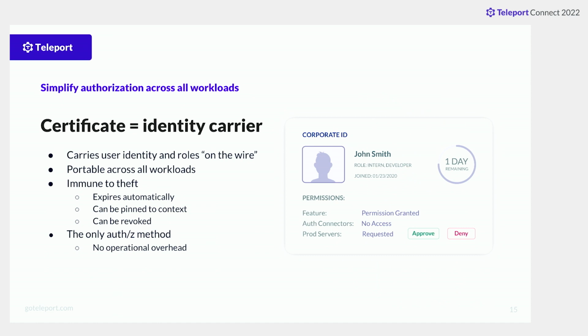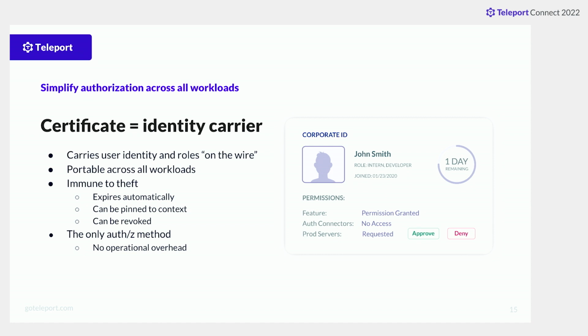So the question then, if you're getting rid of all the secrets and you're using physical attributes of humans and machines like biometrics, how do you transfer that identity into your infrastructure to make authentication and authorization decisions? And we're not aware of a better technology for this than certificates. Yes, certificates are secrets, but they are temporary secrets. They expire quickly. How quickly? That's up to you. You could configure a certificate to be expired after first use.